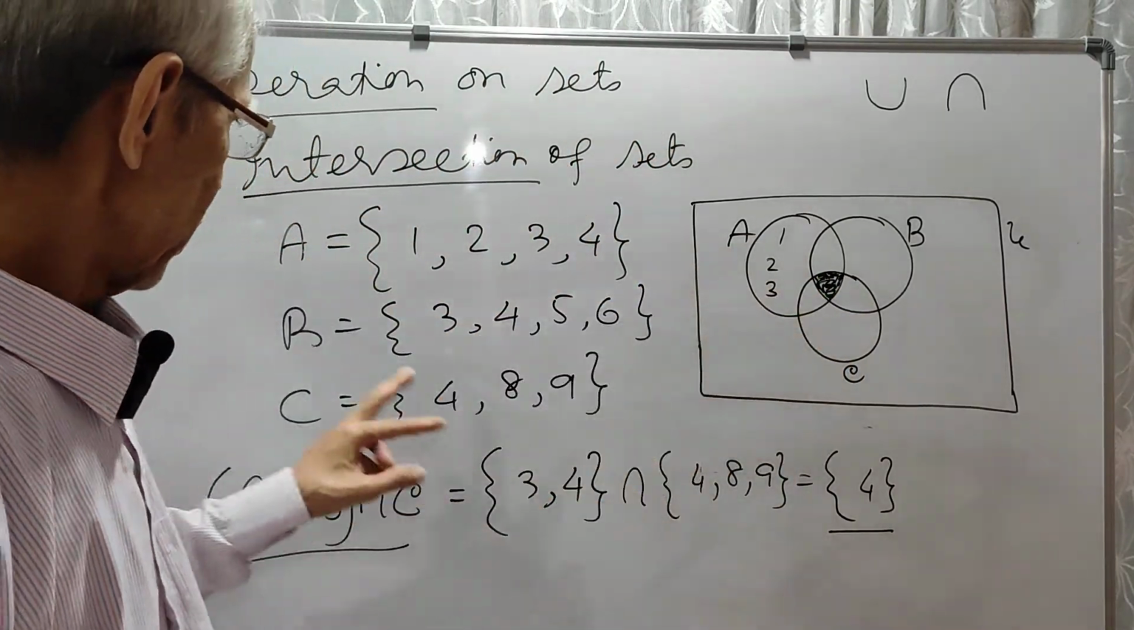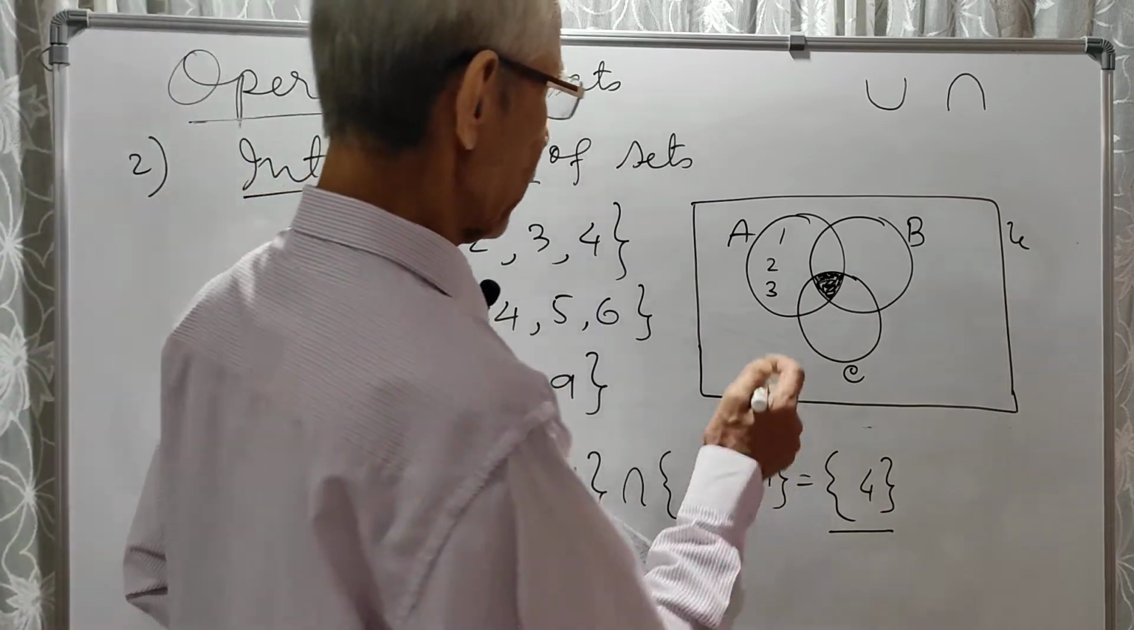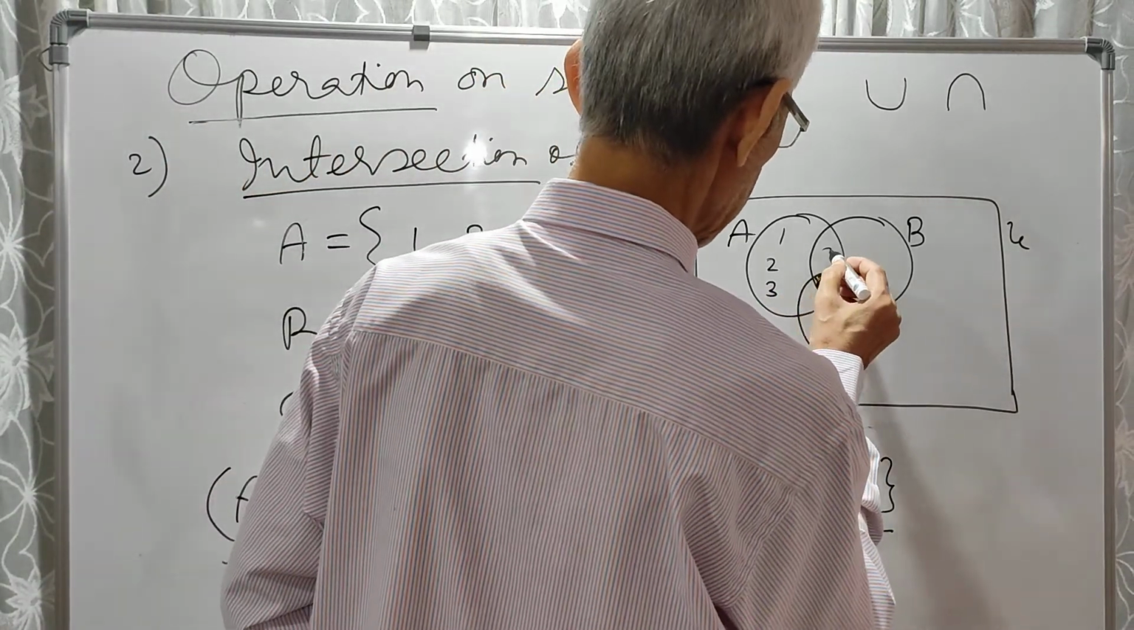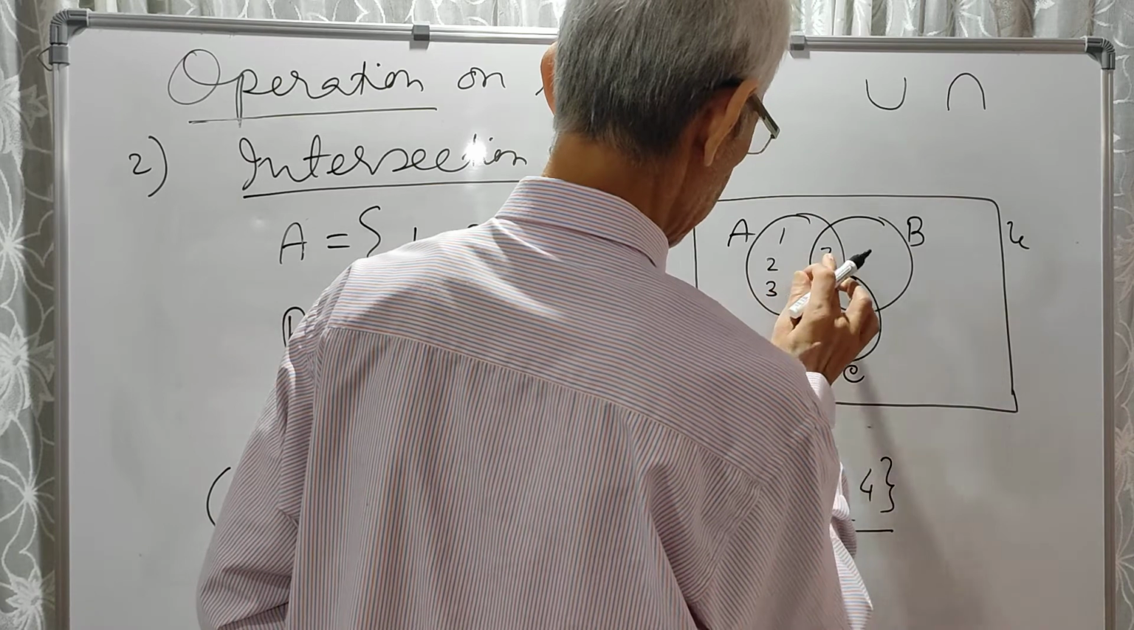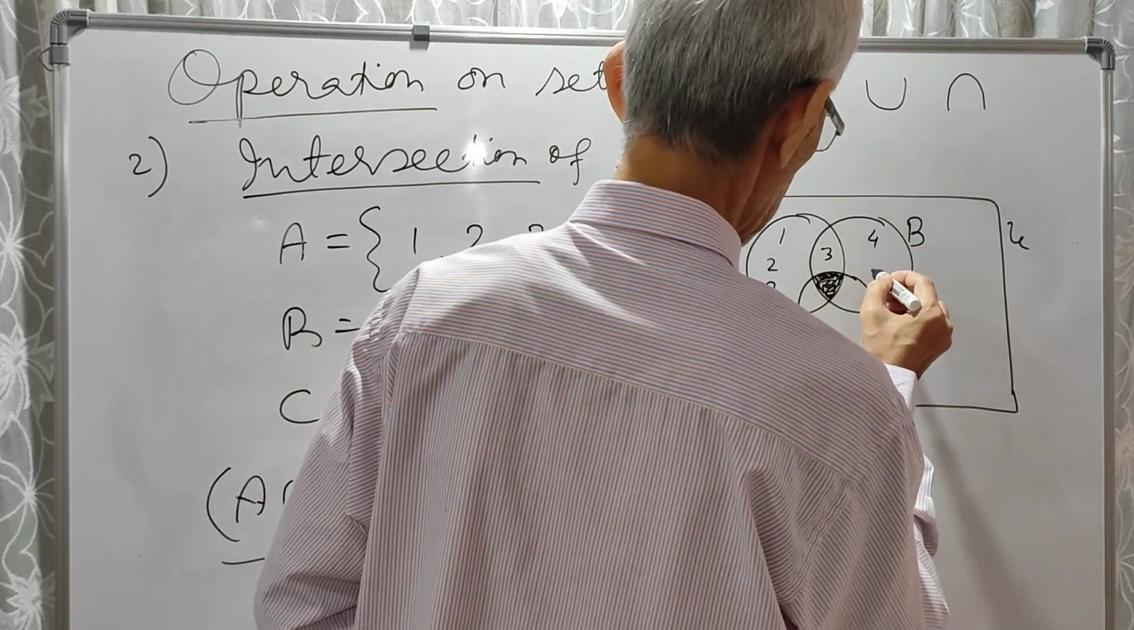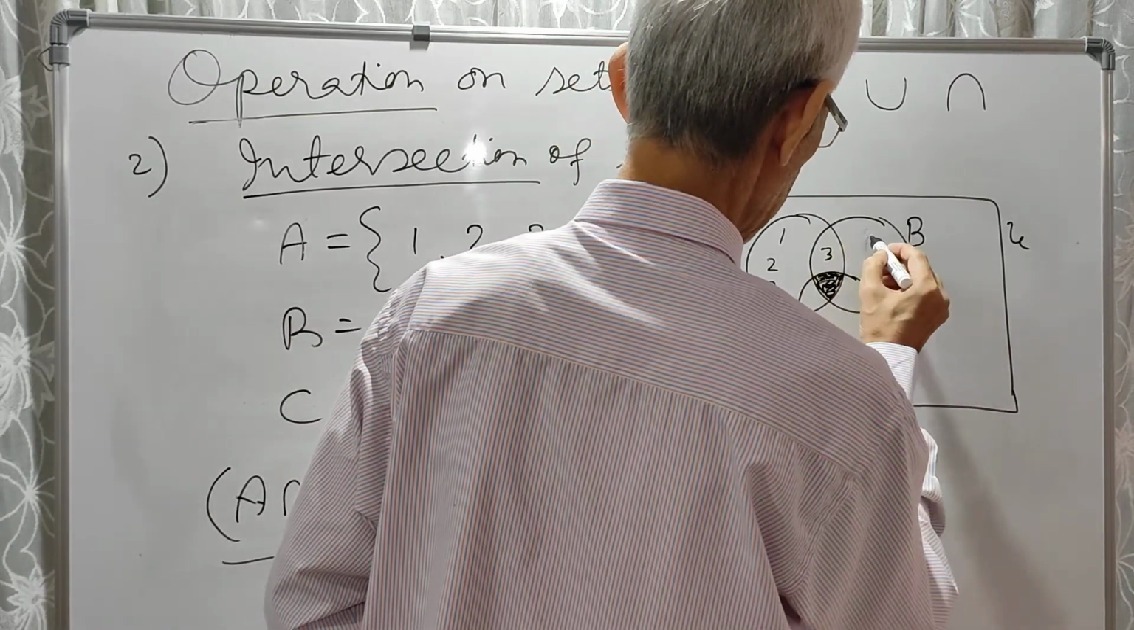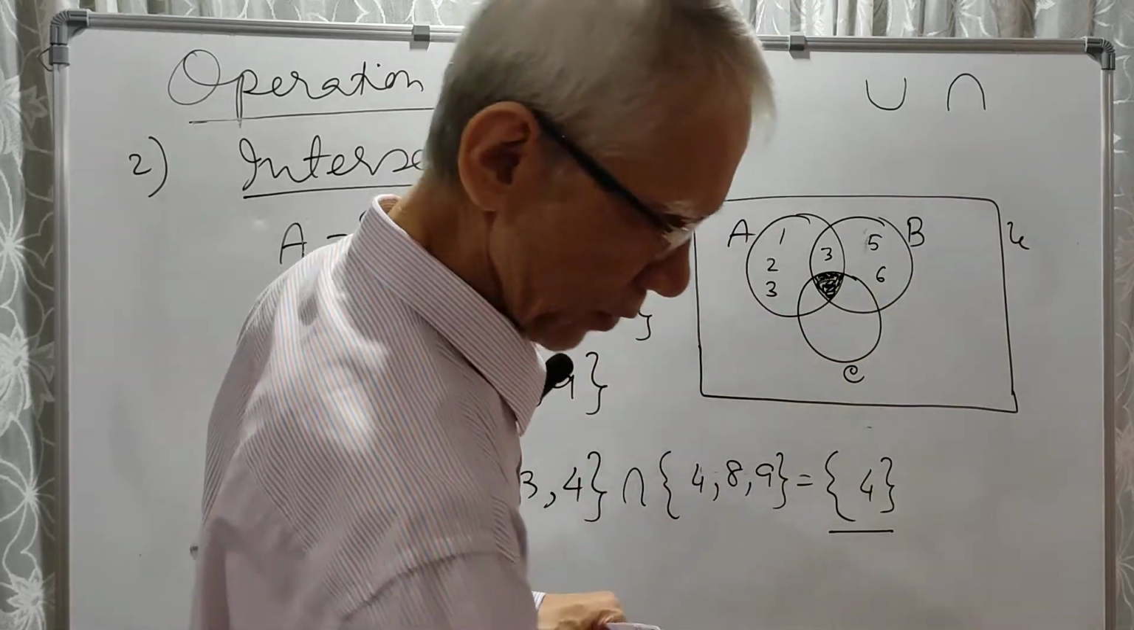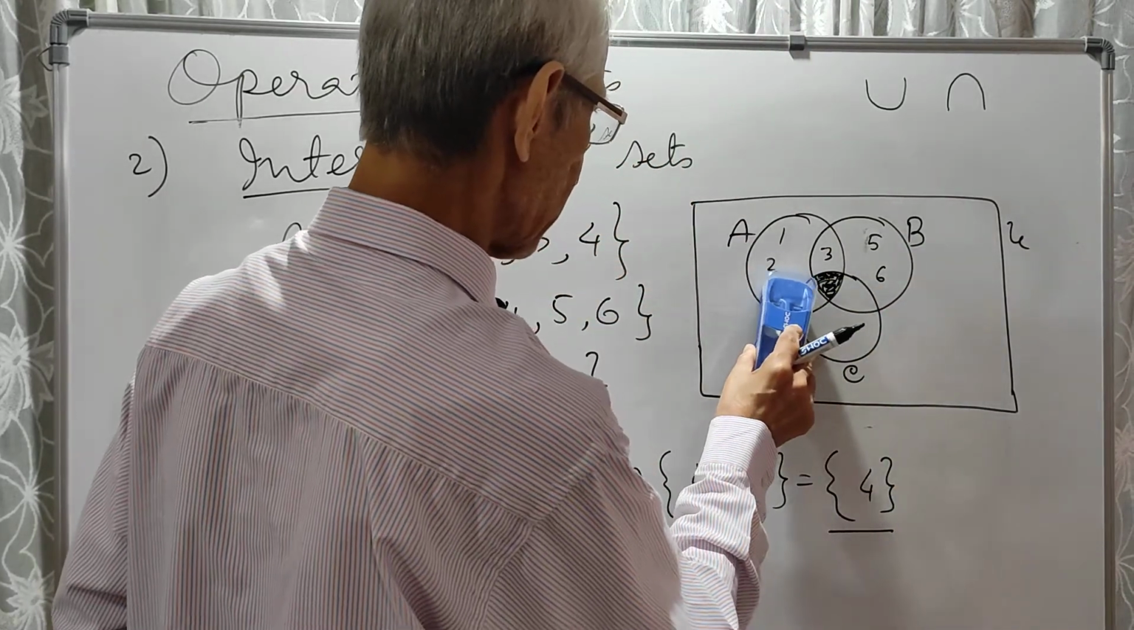B contains 3, 4, 5, 6. 3 is here, 3 will be there, and 4 is there, then 5, 6. Yes. See, if you want to put the elements,